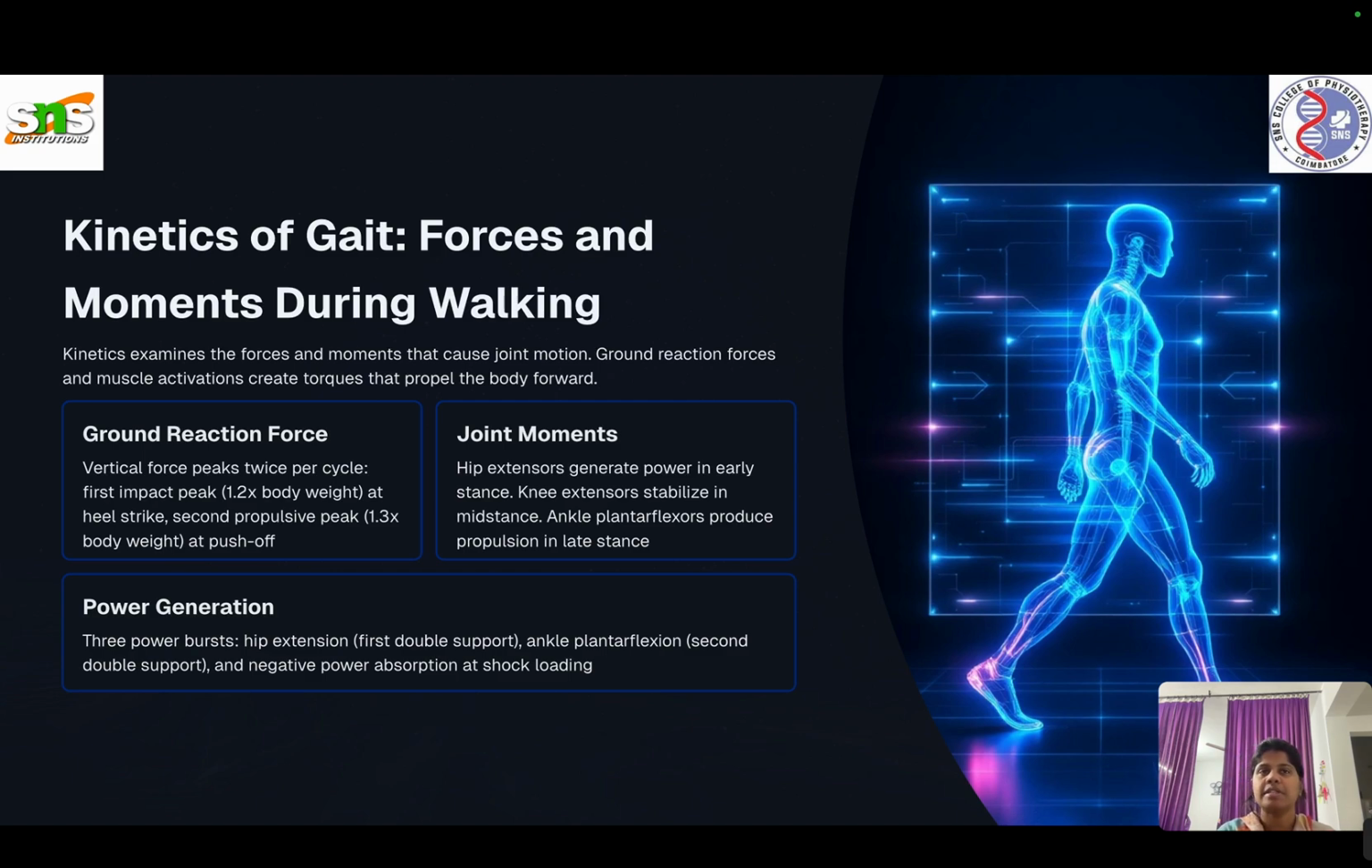Joint movements are this: whenever a joint is involved in gait, such a joint will be exerting some sort of force into the ground. Whereas power generation has three power thrusts: hip extension, ankle plantar flexion, and negative power absorption at shock loading. So to conclude, understanding posture and gait helps improve movement, prevent